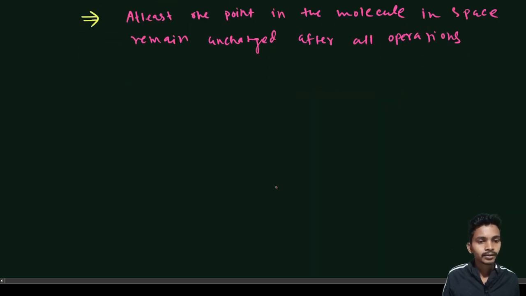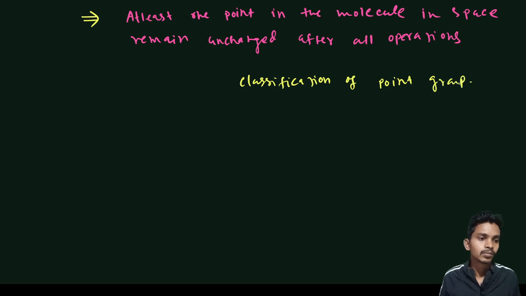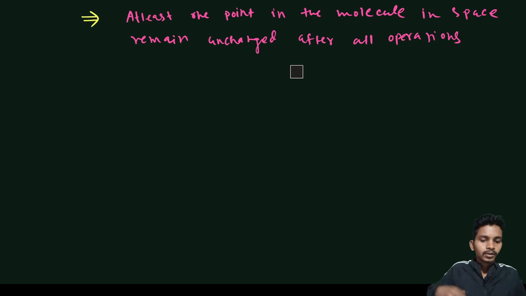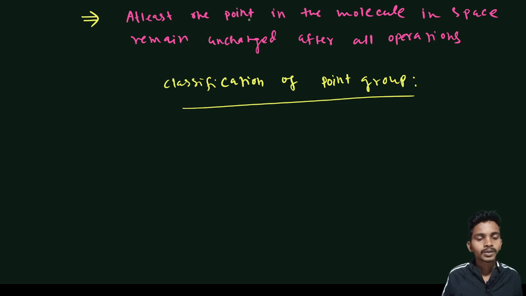So you understand what we mean by point groups? Okay. Now let's discuss the different types of point groups, the classifications of point groups. So groups can be classified